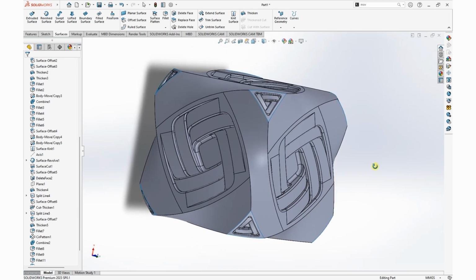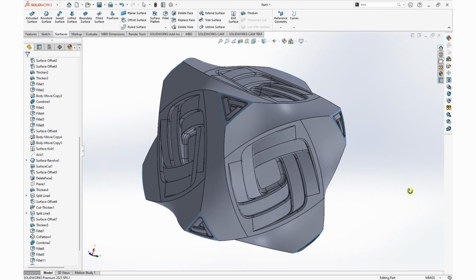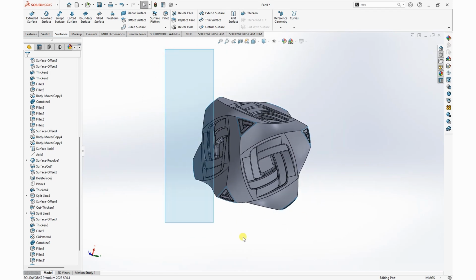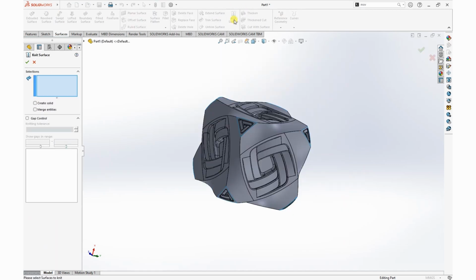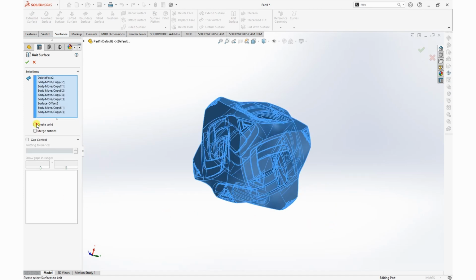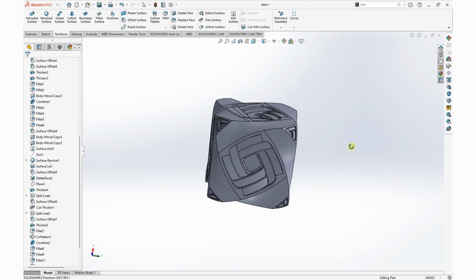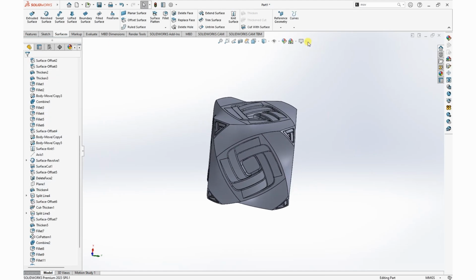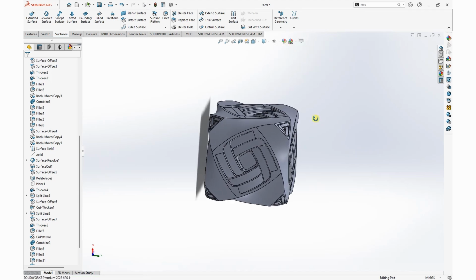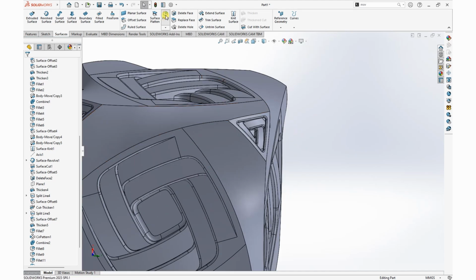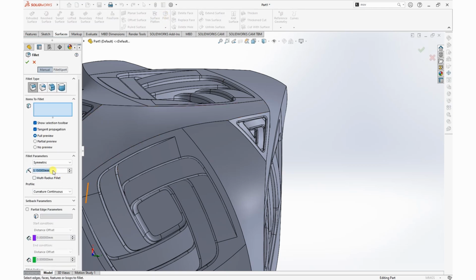Now also we should knit surface. Knitting is just like stitching everything together to form a complete solid. Create solid, merge entities, then click OK. This is perfect. Now you can as well add some appearance to this cube, but before that we can just